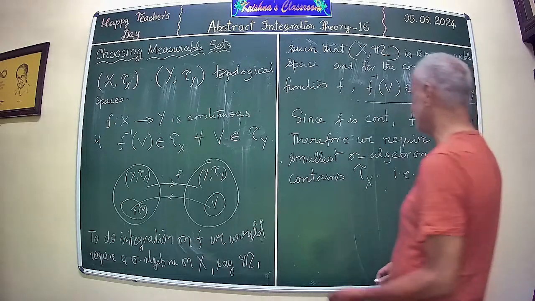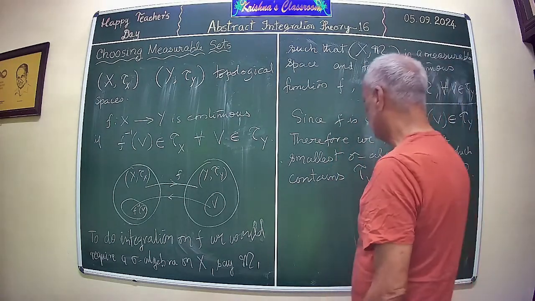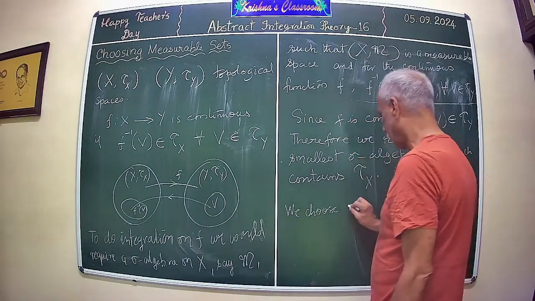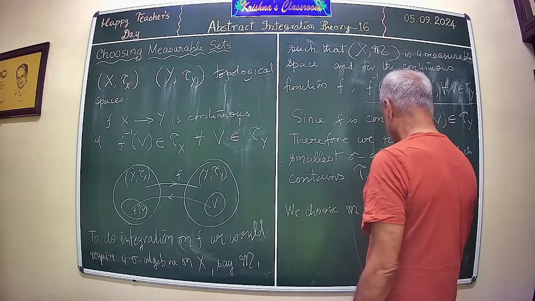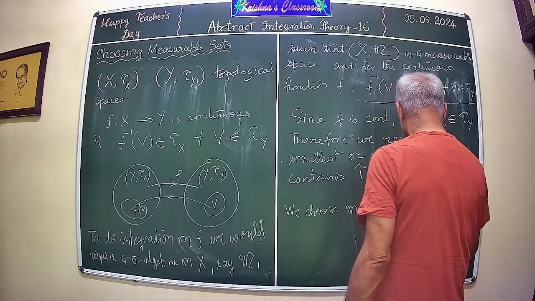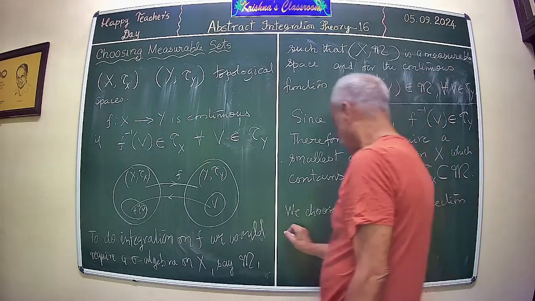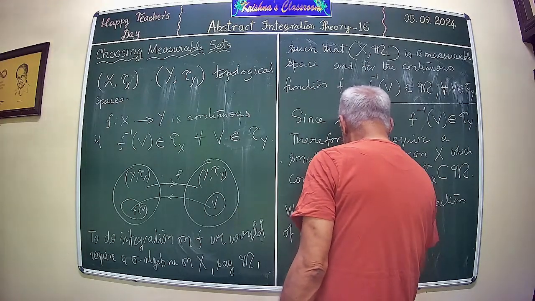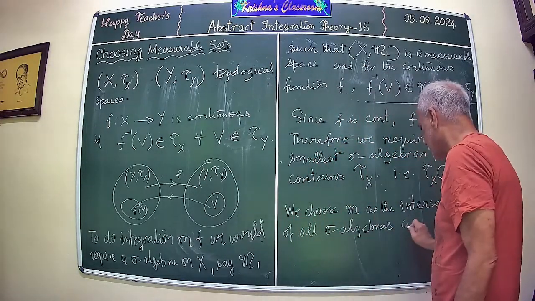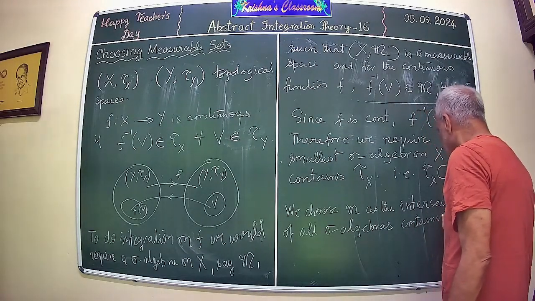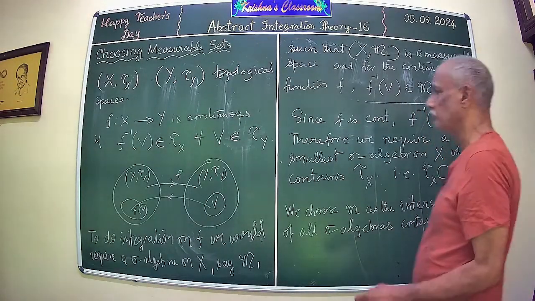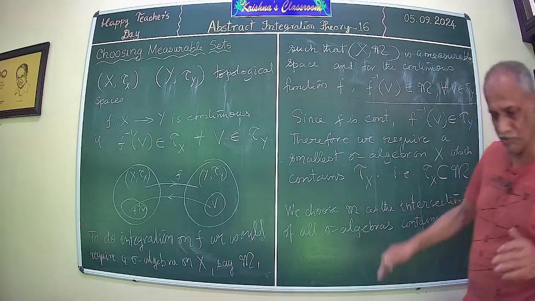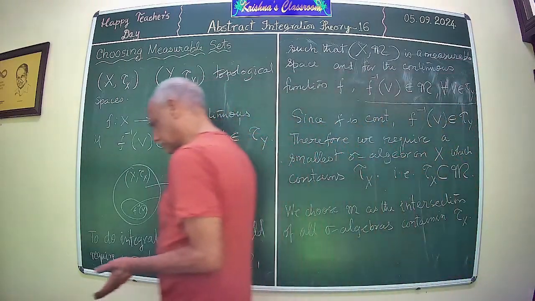So we get that, so we choose the sigma algebras containing... Therefore what we have now, first of all you see that if you carefully examine the definition of open sets